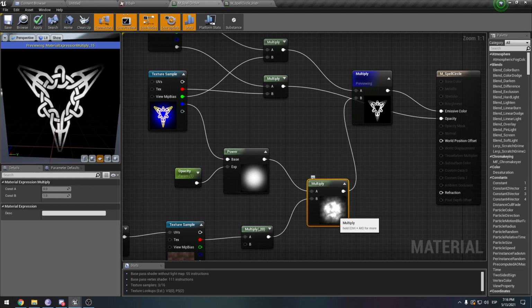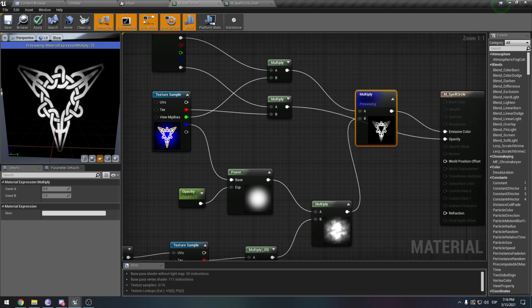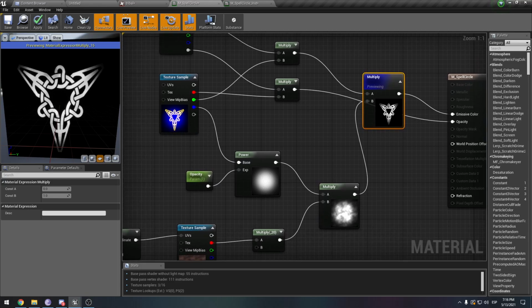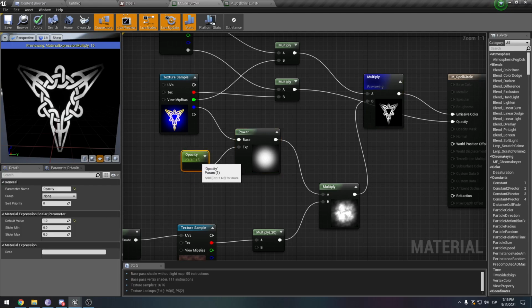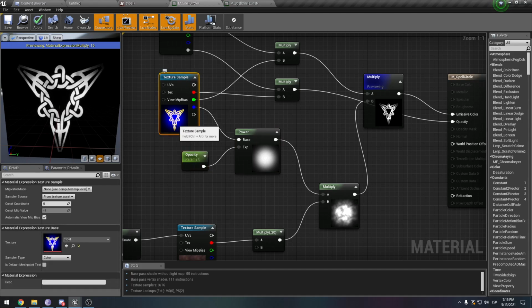This cloudy noise with this symbol. And what we're doing here, and what is making us be able to control when it appears or disappears, is this node, this parameter that we just created. With this one, we can control if we want to see this blue texture or not. And if we do not want to see it, then the emissive is being multiplied by nothing, so nothing appears,